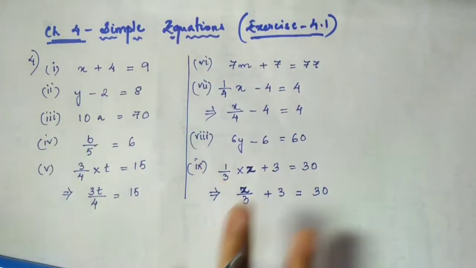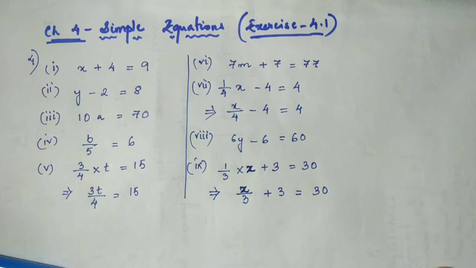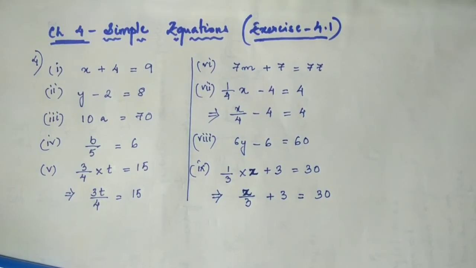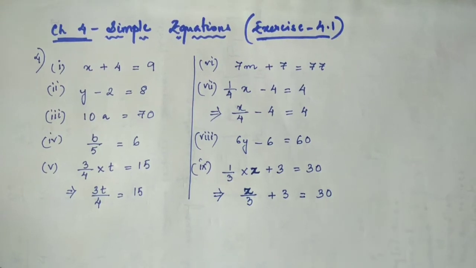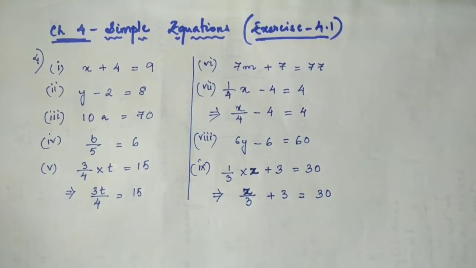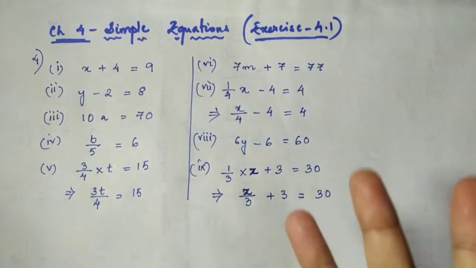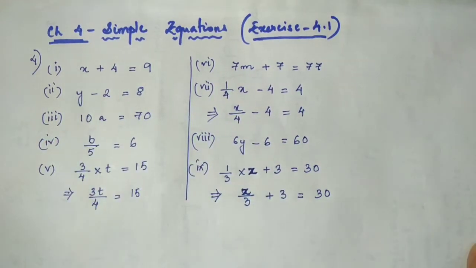So when the statement is given, you will form the equations like this. Sometimes it may be asked to form the equation and then solve it. Then only you will do the solving part. But here you only have to frame the equation. In the other way, sometimes the equation will be given and then you have to write down the statement, which we'll see in question number 5.